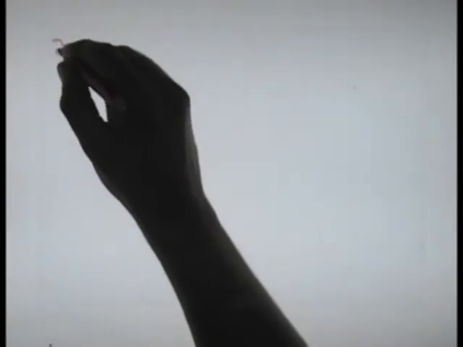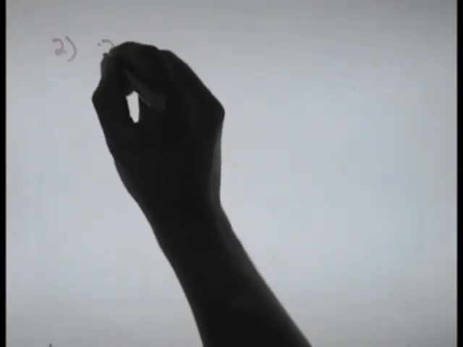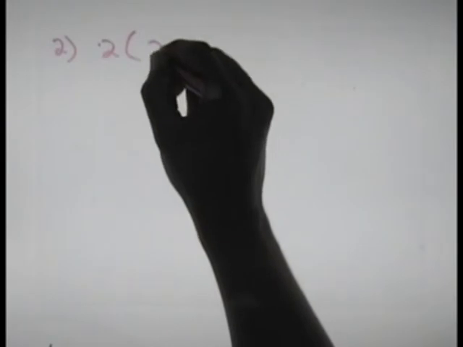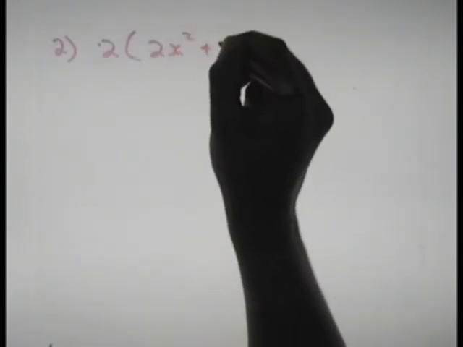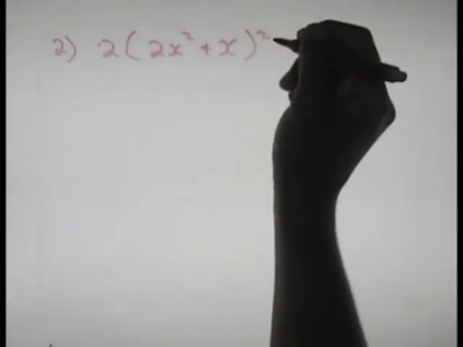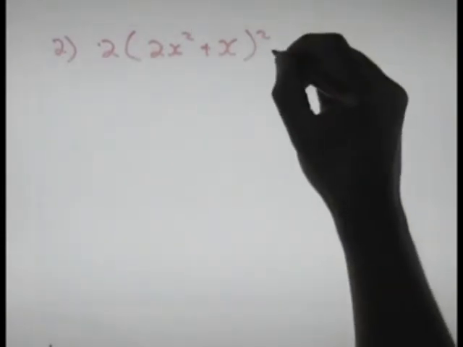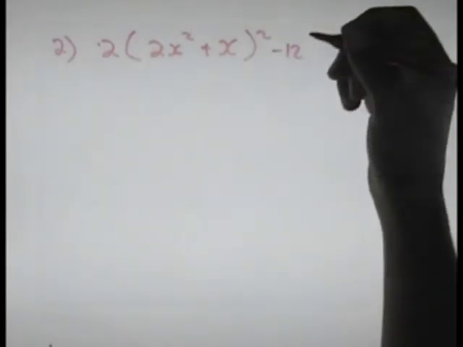Number 2. 2 multiplied by 2x squared plus x squared minus 12